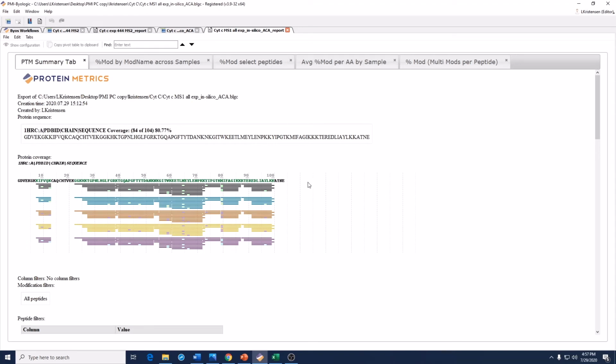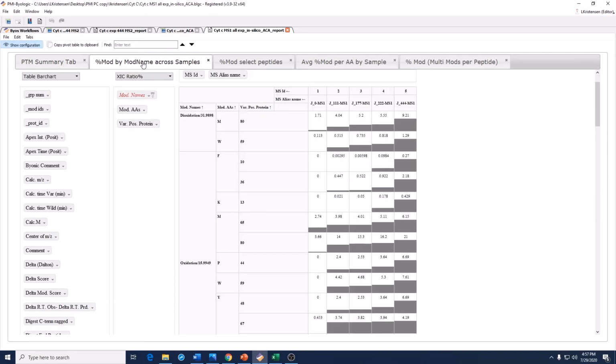And so here we have the result of the pure in silico PTM workflow. We have our 5 MS1 samples, and we can see here we have that nice global view of the peptides that have been identified with the associated modifications. And then if we go to the second tab,